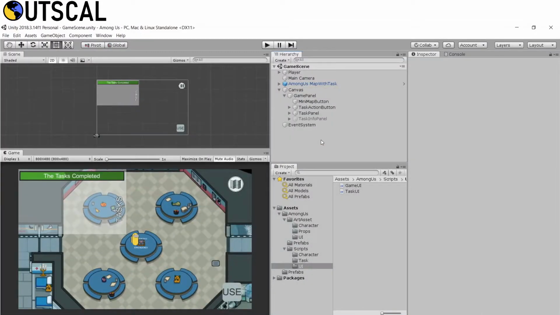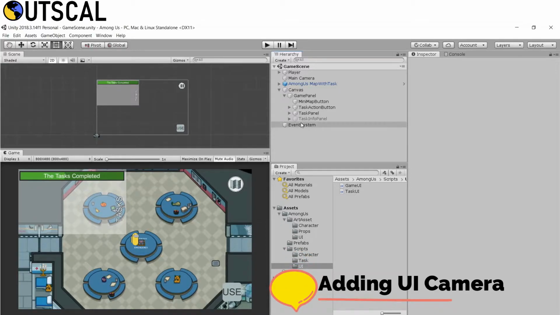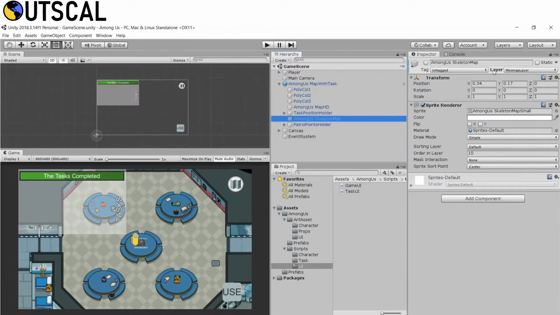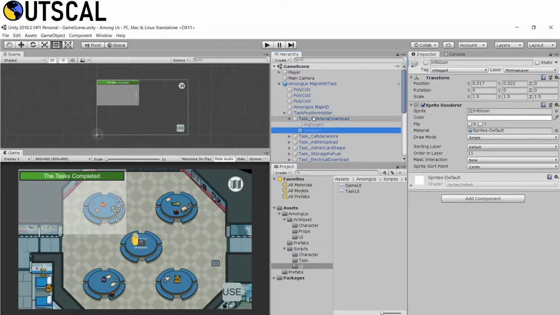So for the minimap we have to add our minimap camera as well, right? So we know our main camera. Our main camera doesn't render any objects on the minimap layer, right? And we all know this Among Us skeleton map. So set the layer of this skeleton map to be the minimap layer, and then all these info icons of our tasks are all on the minimap layer.